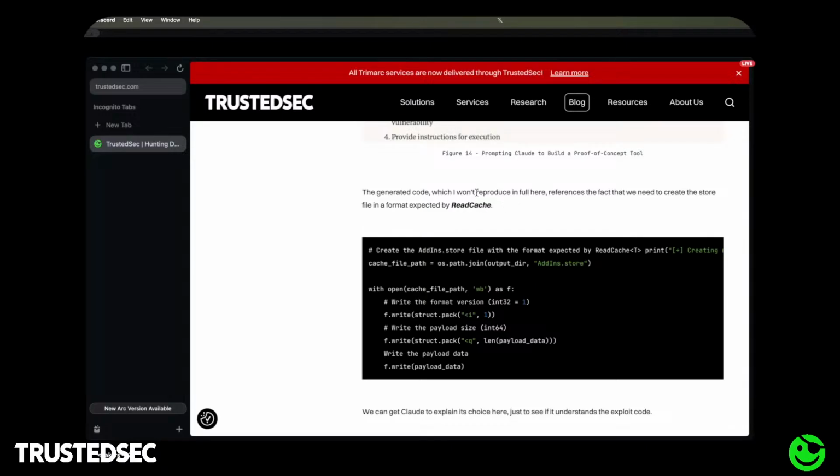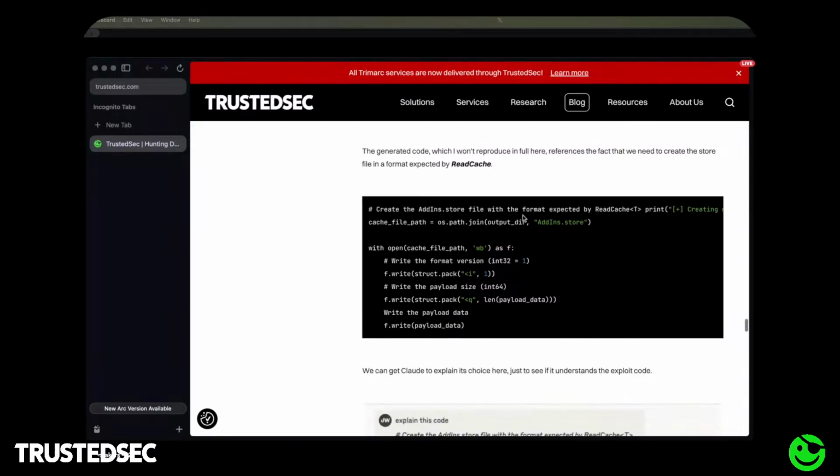So yeah, it did generate some code. I didn't put it in the blog. I'm kind of the opinion that if you are reading this, you're capable of reproducing the steps, and if you just want a free tool to do some bad stuff with, well, I'm not going to give it to you in a blog post. My conscience is clear with that decision to explain how to find it and not actually release the tool to do it, but it will give you the code to generate the stuff that you need to build a